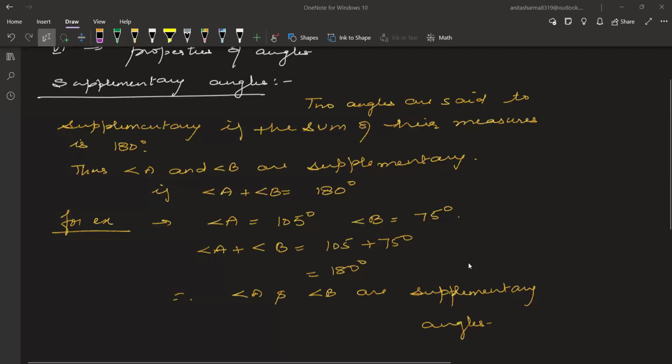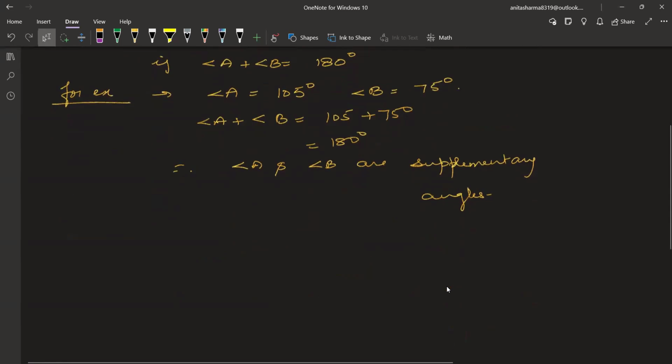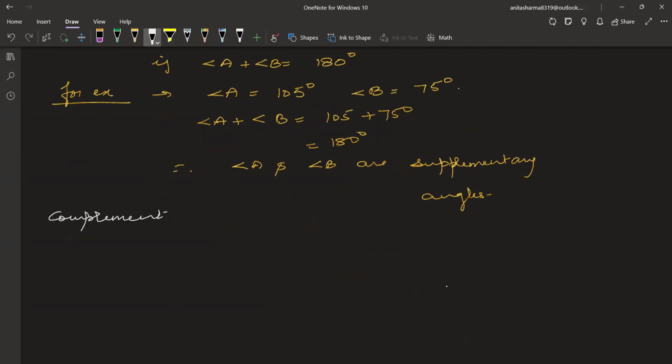Then, beta, may I proceed to next? Yes, ma'am. Okay. Now next is complementary angles. So in the same way, complementary means when angle A plus angle B is equal to 90 degree. Yes, complementary angles. Two angles are said to be complementary. Same definition you will write. So two angles are said to be complementary